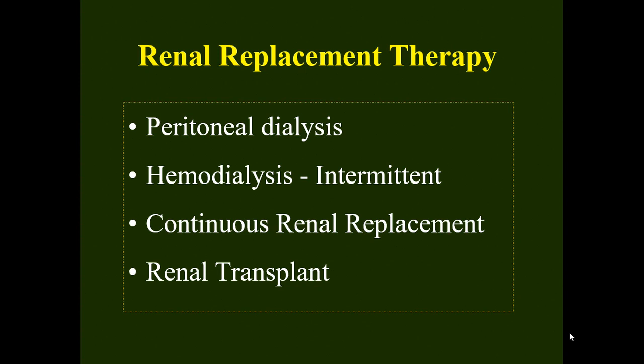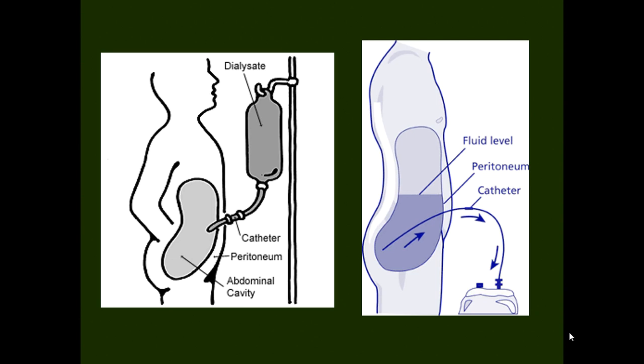So these are the various types of renal replacement therapy that we are going to discuss, except renal transplant, which is beyond the purview of this lecture. And peritoneal dialysis we are primarily discussing. We are not doing it in our ICUs, but once in a while you can get a patient, or you will have a scene where you cannot even get any IV access, so that may be an indication for peritoneal dialysis. So how do you do peritoneal dialysis?